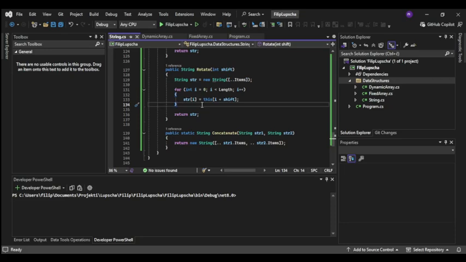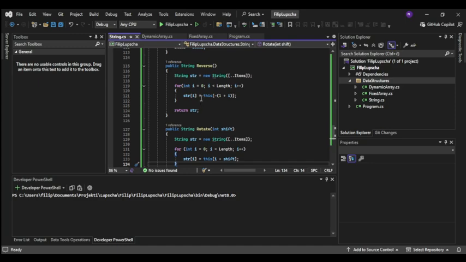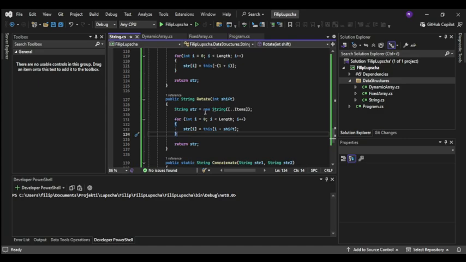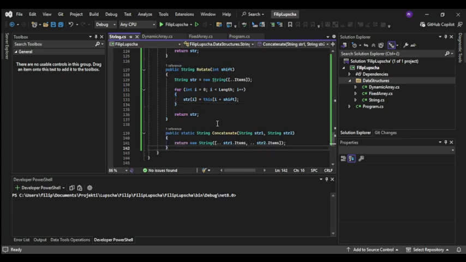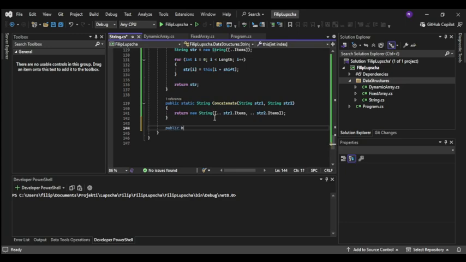In the previous video, we created methods to get our reverse string, our rotated string, and our concatenated string. In today's video, we will create some methods which will compare strings. Let's get started. We shall start with public bool